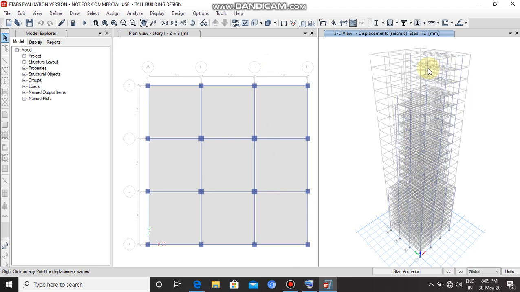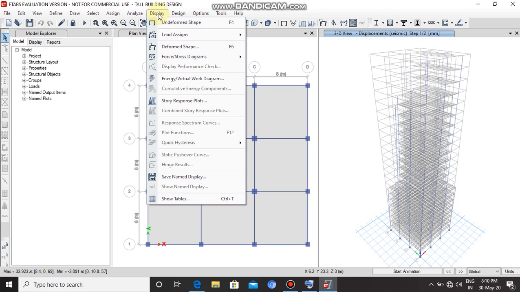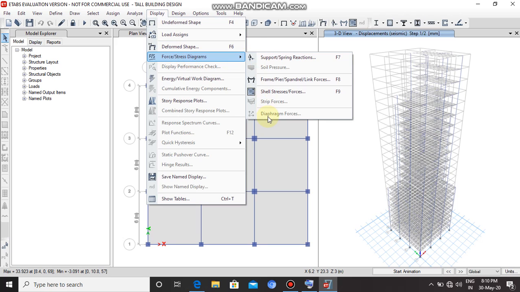So, once the analysis is done, the analysis result will be displayed as shown by default. The displacement values based on the seismic load case are shown in 3D view. You can also use the display menu to see all the analysis results like the shear stress, moment, slab stresses, etc.